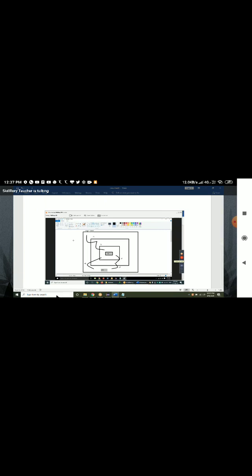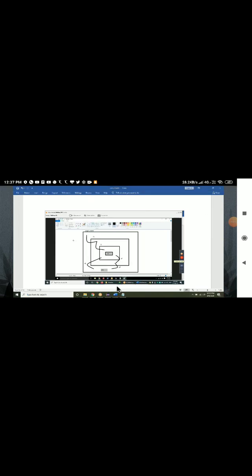What is this? I will see. Let me open a paint and then only I will see. One second. Just give me a minute. Just give me. Let me open paint. What is that? What is there? Yes. Okay. There is a page. Sorry. There is one page. One page is there. Done.